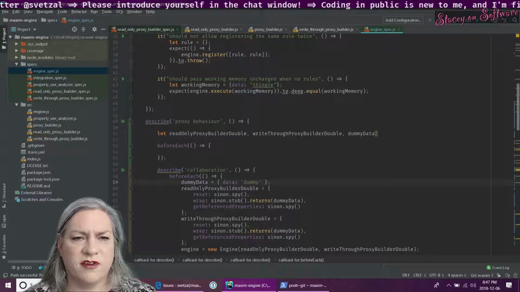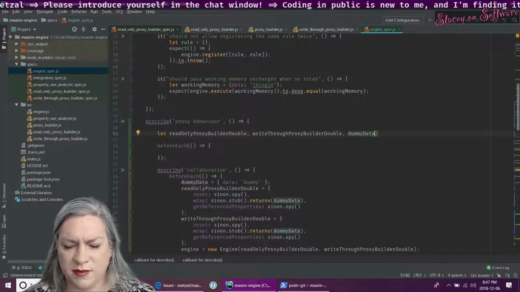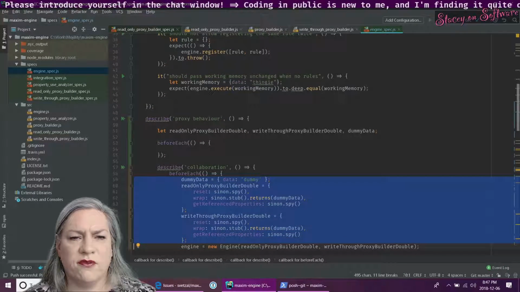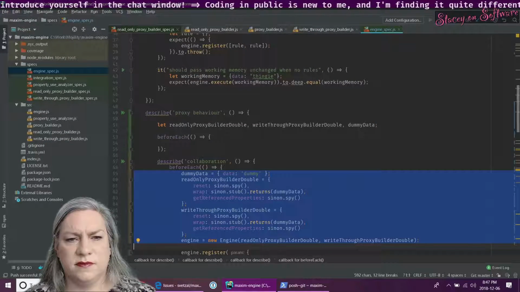Pull that common stuff up. What do we need? Dummy data. Oh, hang on. Missed a semicolon. We're defining dummy data, read-only proxy, write-through proxy, and the engine.